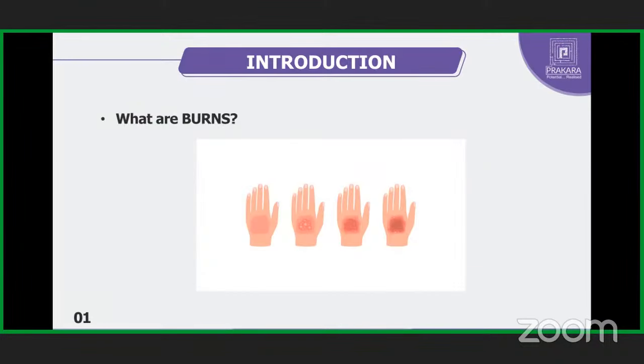Right. So first slide, what are burns? I'm explaining it again. Burns is nothing but damage or injury to skin and underlying tissues primarily caused by unprotected exposure to extreme energy sources like heat, cold, chemicals, electricity, and radiation. It will injure not only the skin but also underlying structures like subcutaneous fat, tendons, muscles, nerves, blood vessels. Everything is injured in burns.